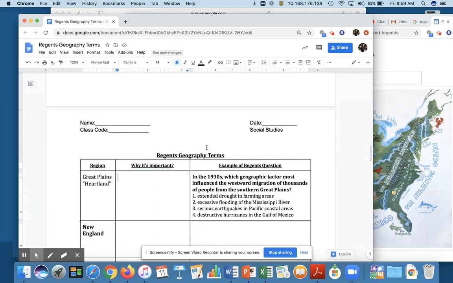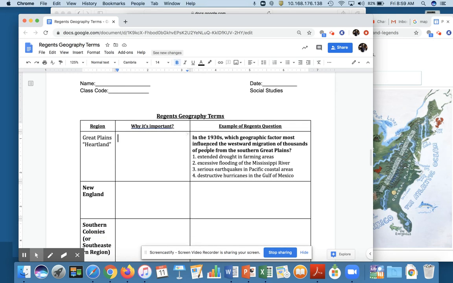Now we're going to look at why these regions and landmarks are important. First thing I want to say is we're going to start with the regions. Every region's a little bit different. We're all located in the United States, we're all under the same government, we are all citizens of the country, but the lifestyle of these people will be a lot different than the